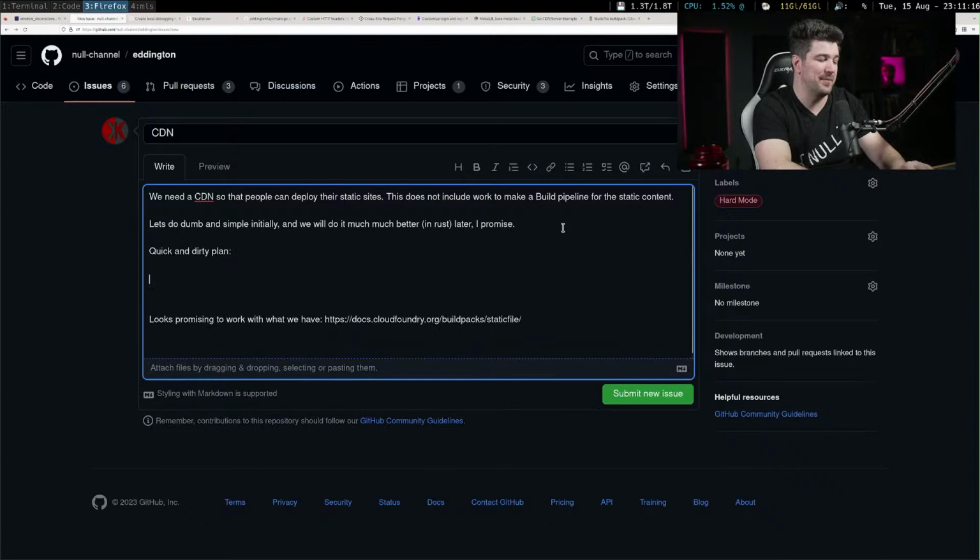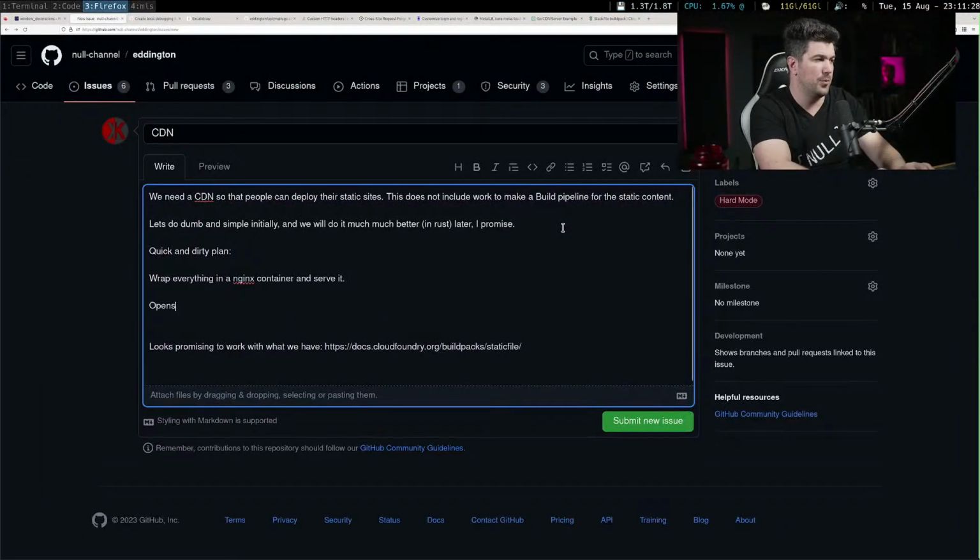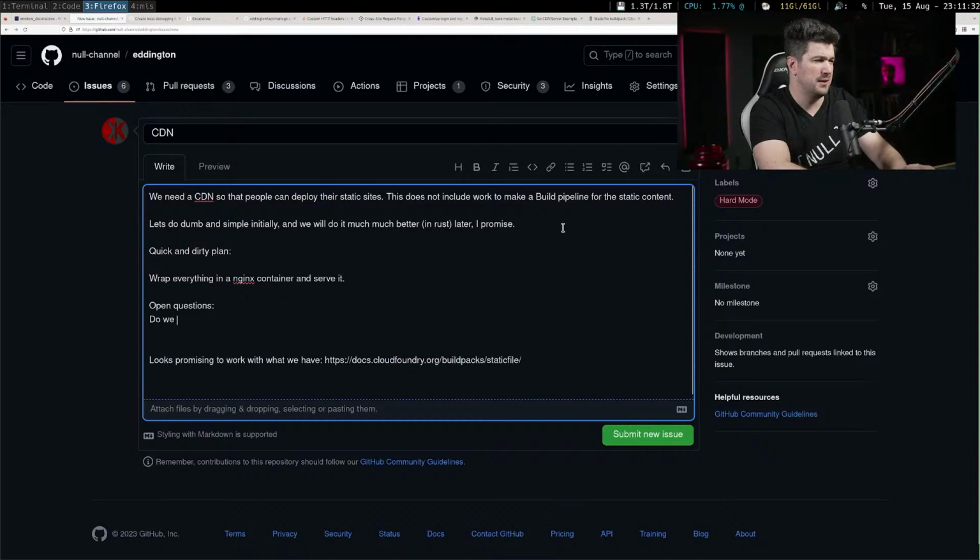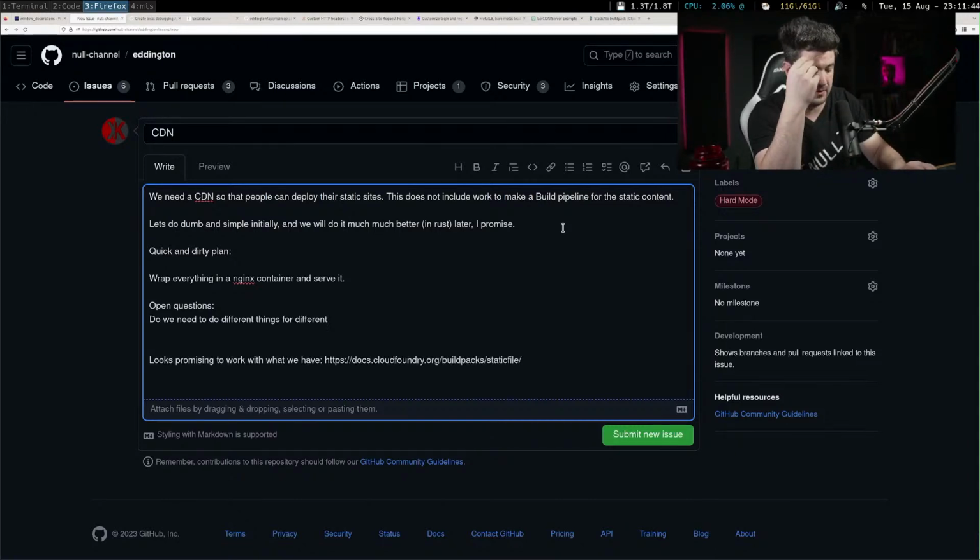Quick and dirty plan. Wrap everything in an Nginx container and serve it. Open questions. Do we need to do different things for different platforms?